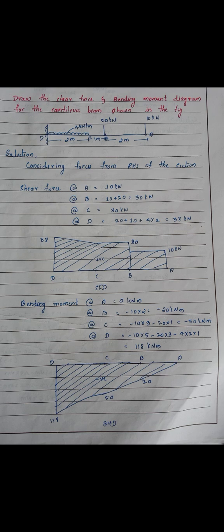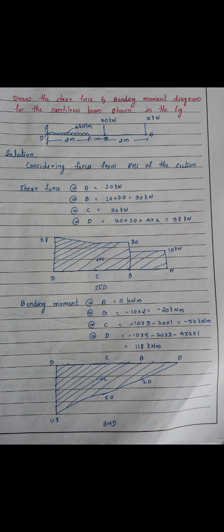In the same way, when we consider the bending moment at B, it will have two loads on the left hand side, that is 20 kilonewton and 10 kilonewton. But the 20 kilonewton load does not have any perpendicular distance, so it will not create any bending moment. So we will only consider the 10 kilonewton. That is 10 kilonewton into perpendicular distance 2, that means 10 into 2 equals 20 kilonewton meter. So here also we need to consider some sign convention while drawing the bending moment diagram.